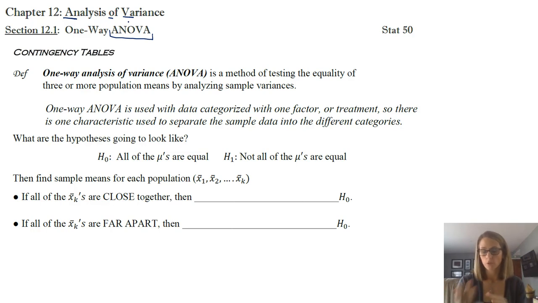So back in chapter 9, section 9.2, we looked at comparing 2 population means. But what if you had 3 population means? So what if you had 3 samples and you wanted to compare them? Well, you could do a hypothesis test on the first 2, and then you could do a hypothesis test on the second and the third, and then you could do a hypothesis test on the first and the third, and you could do a bunch of different hypothesis tests, because each hypothesis test from section 9.2 is only 2 means. So if you have 3 or more, then there is just 1 test you can do, and that is called ANOVA.